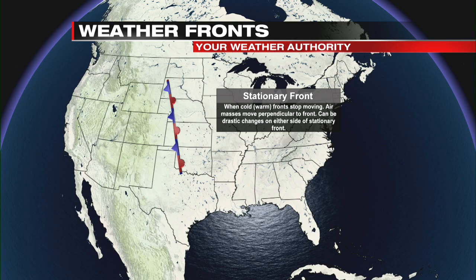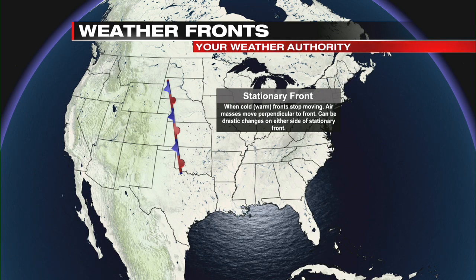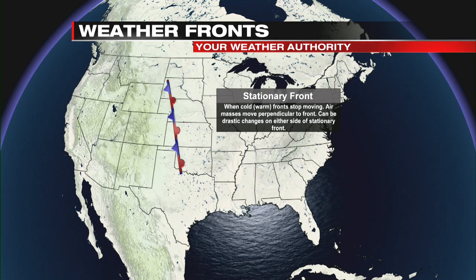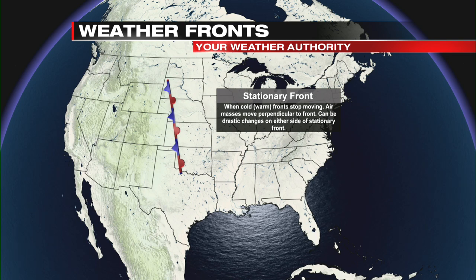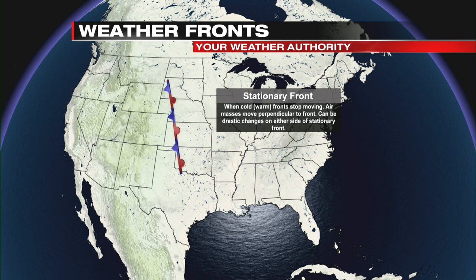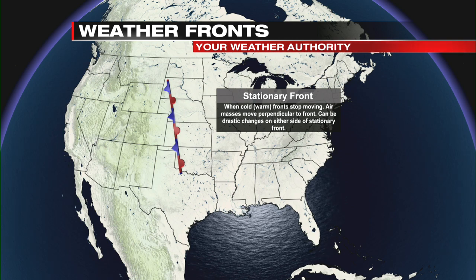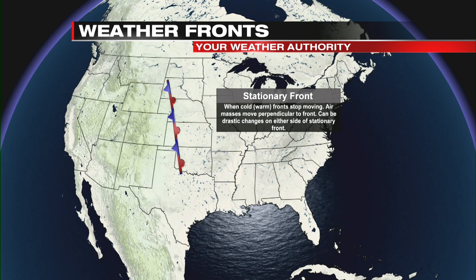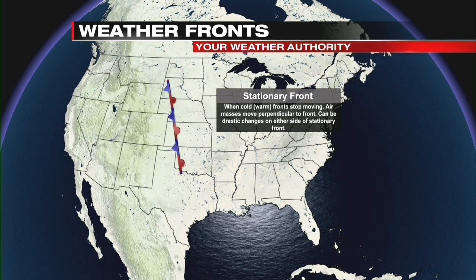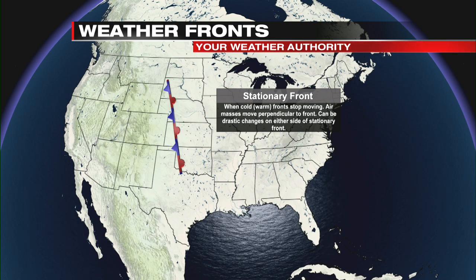Stationary fronts, as the name implies, are fronts that are relatively stationary. Now, it is a bit of a misnomer because fronts are never totally still. They kind of oscillate. They'll meander a little bit, but with a stationary front, typically, and this is an arbitrary number, if it moves less than 25 to 50 miles either way, you could call that a stationary front.